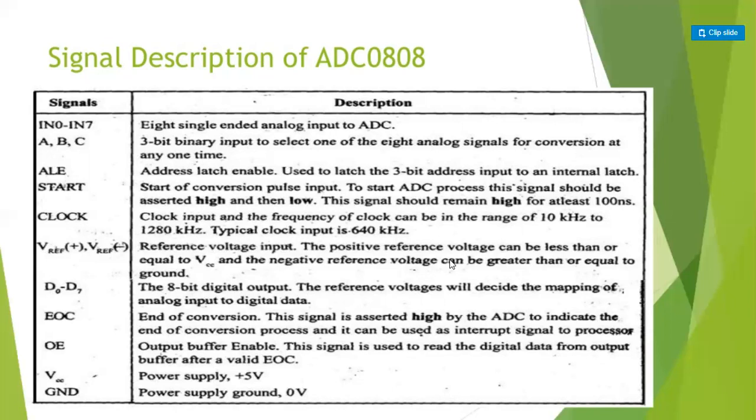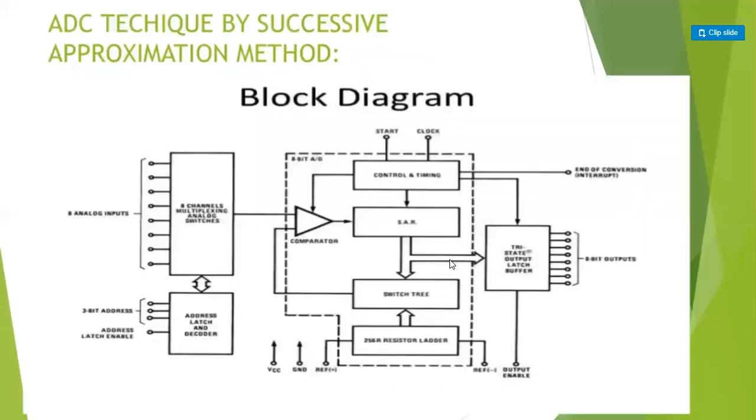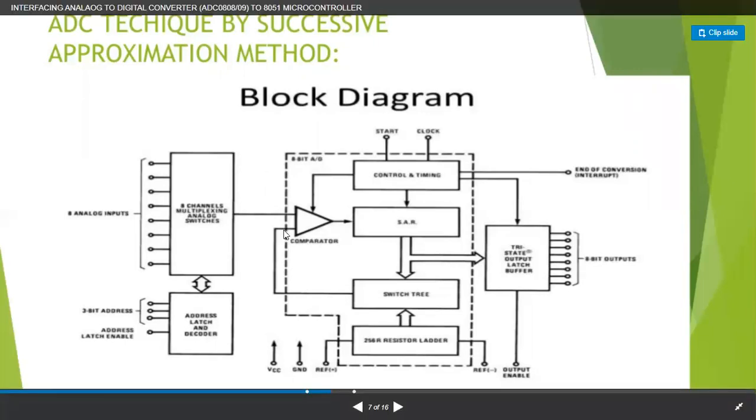So this is the explanation of the pin description we saw at the start. Next is the ADC technique by successive approximation. We have 4 types of analog to digital conversion: dual slope, successive approximation, parallel, which is also called flash, and counter type. Out of the 4, successive approximation is the method used in analog to digital converters having 8-channel multiplexing